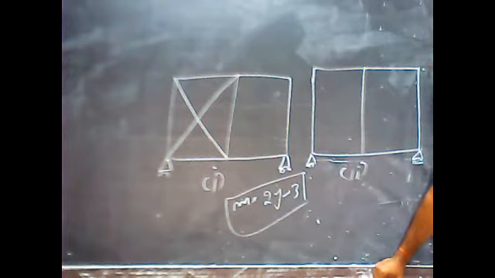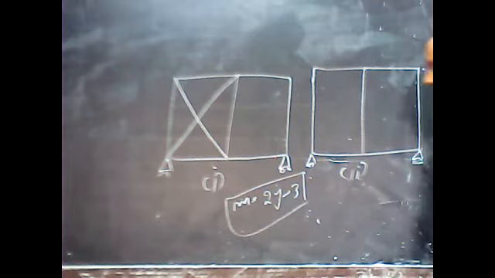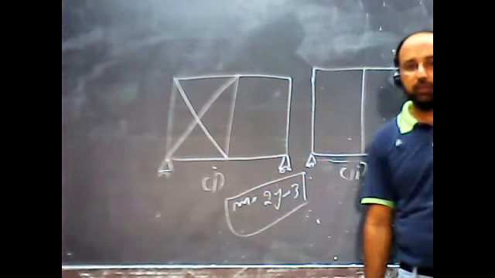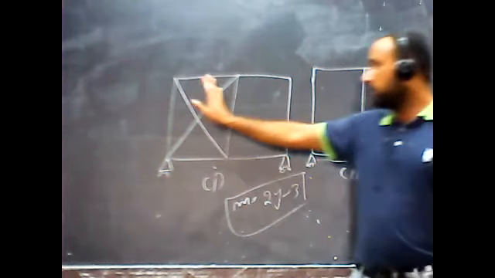Deficient structures are those where, if the required number is 4 and your value comes out to be 3, you can say my structure is deficient by a single member. And if 4 is required and your value comes out to be 5, you can say my structure is overstiff by a single member. Fine.